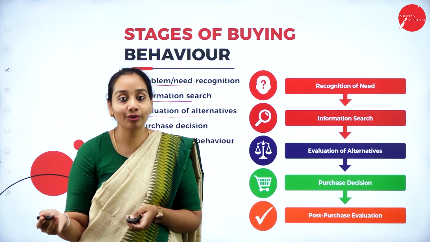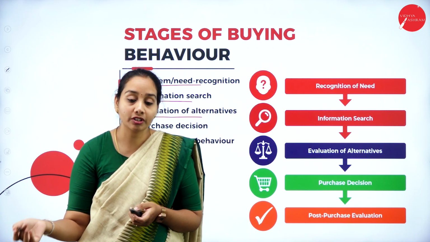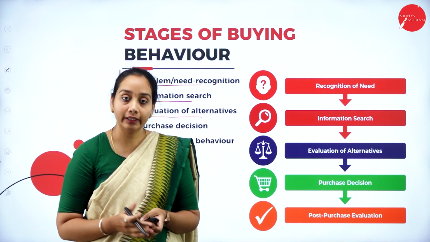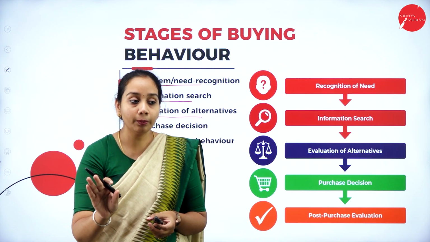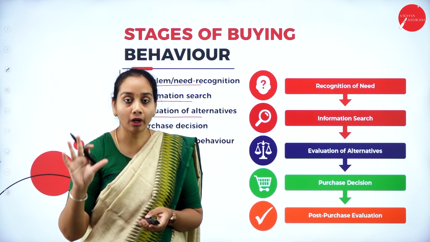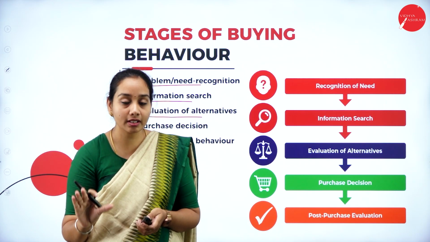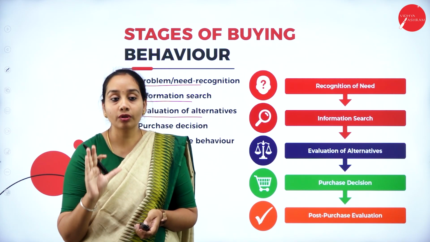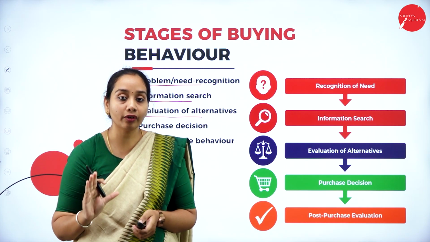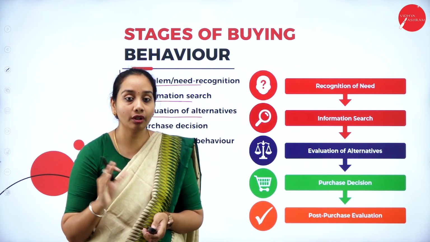As you know, for each and every product there are substitute products. The market we are living in is all about oligopoly markets. Oligopoly markets are markets where there are a few competitors for each kind of product. Such a market is called an oligopoly market. We are living in such a market and we have different competitors for each and every product. So we are going to check the alternatives.